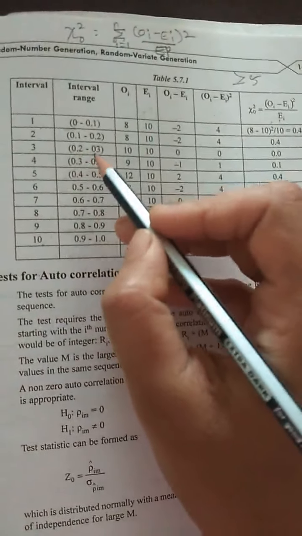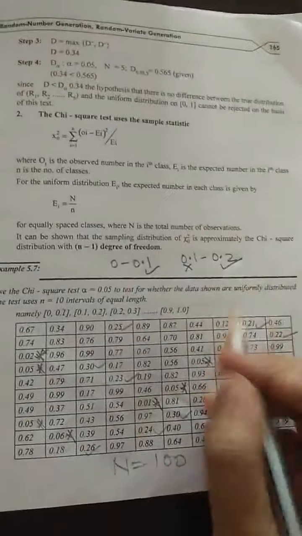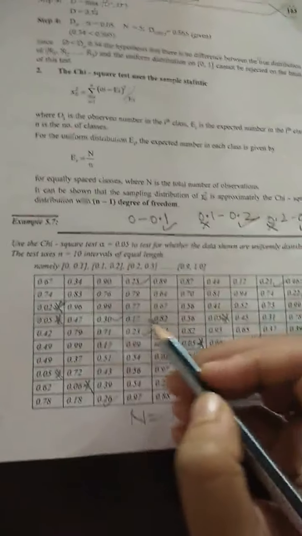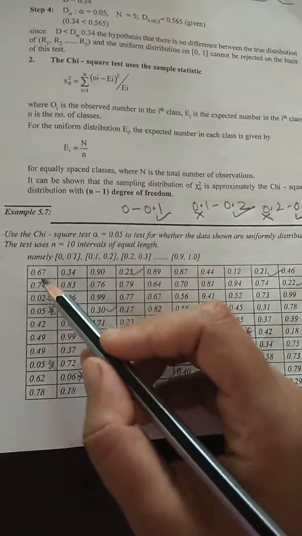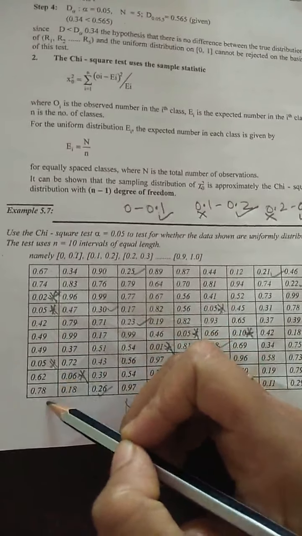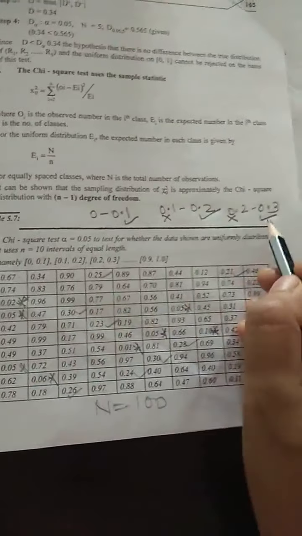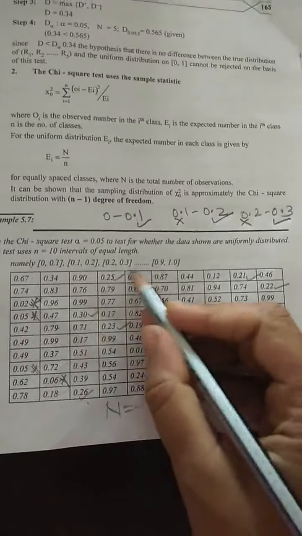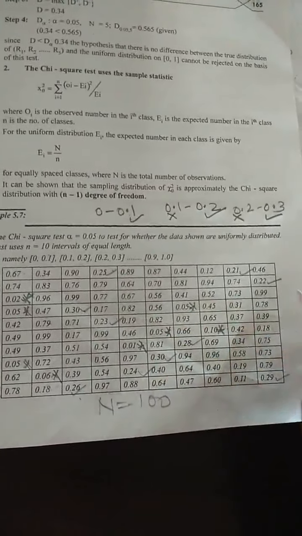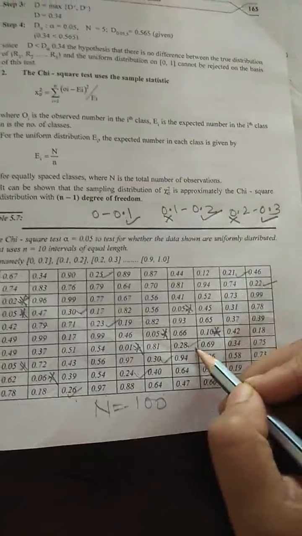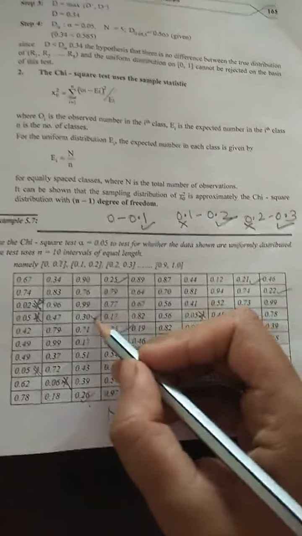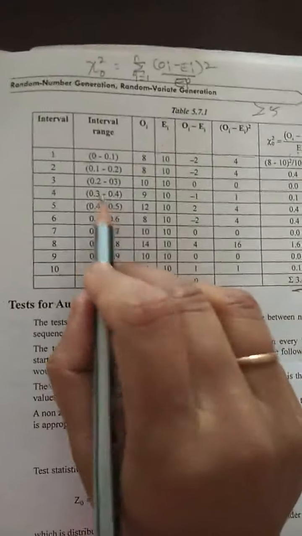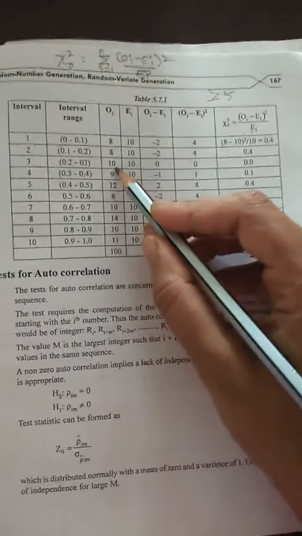Okay, 0.2 to 0.3 here. So next we will be having 0.2 to 0.3. 0.2 is not included, 0.3 is included. I think I have marked here. So now let us see here 0.2 to 0.3. So here we are not having this, this is there. See, 0.3 we are including. So how many we are having? 1, 2, 3, 4, 5, 6, 7, 8, 9, 10. There are 10 numbers between the range 0.2 to 0.3.